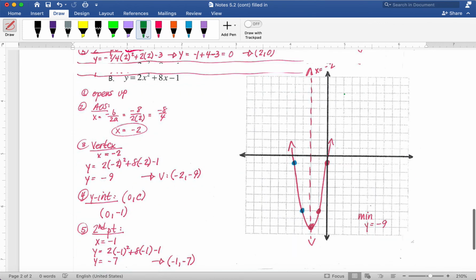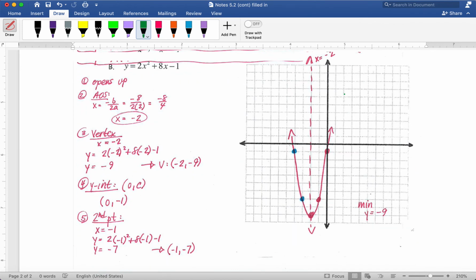Last one. Hopefully you did pause the video before. If not, you have an opportunity to pause it now and try this one on your own. Okay, so now I will walk you through